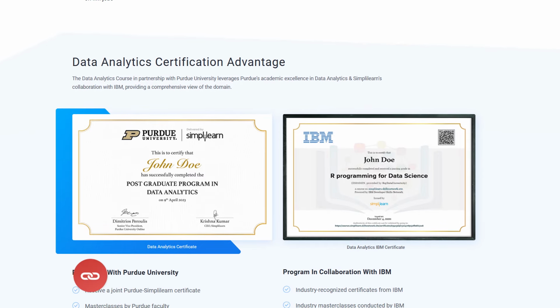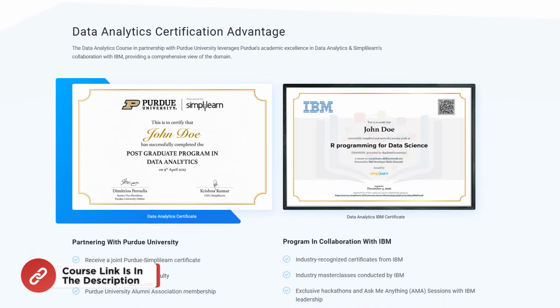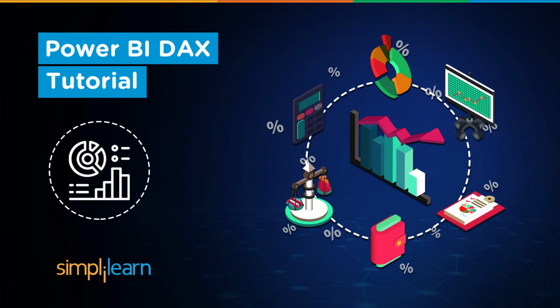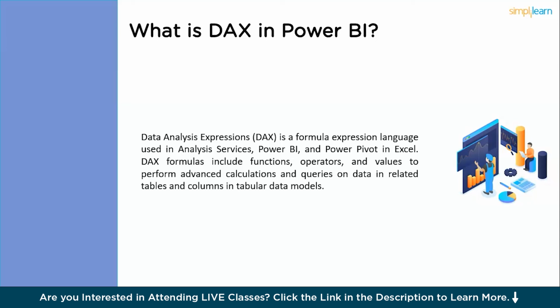Now, without further delay, let's get started with a similar sales use case just like the one we discussed before. So before the demonstration part, let's understand what exactly is DAX in Power BI. Let's say you have a sales data set with you and your manager is expecting you to give some sales insights like the top performing product or the least performing product, or he or she wanted you to